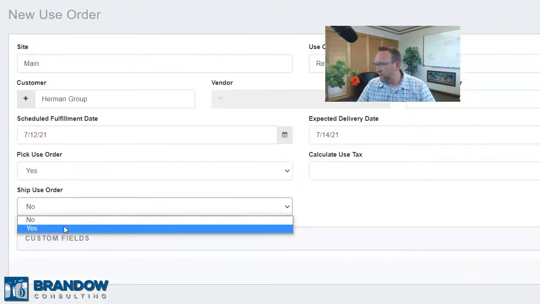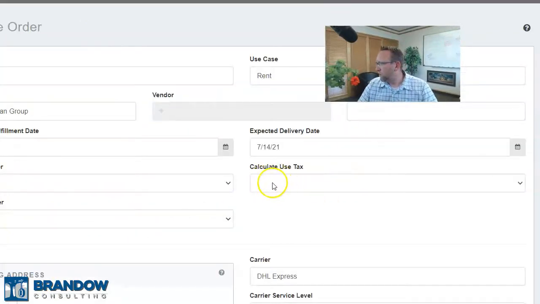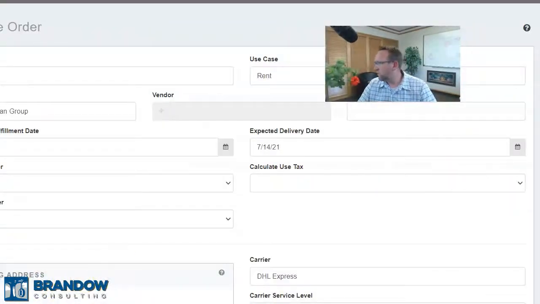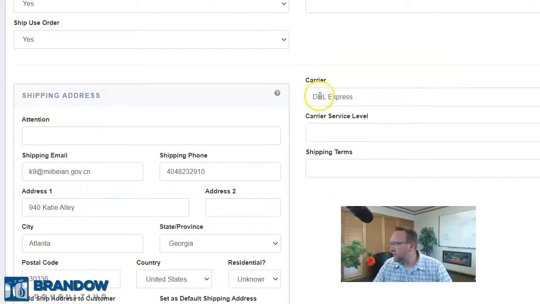If we don't select yes on ship order, then it will show the inventory checked out after we just pick it. But we want to pack it and load it on the truck and have a packing list and all that. So we want it to be a ship use order. This is also noteworthy: calculate use tax. That's good for R&D, right? If you're going to consume it in R&D, maybe you give stuff away for free to employees too. That could be another use case for this use order, giving inventory to employees as an employee benefit of some sort. Okay, so this one is on carrier DHL,